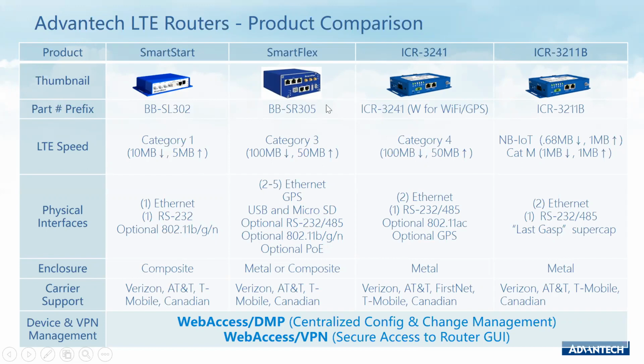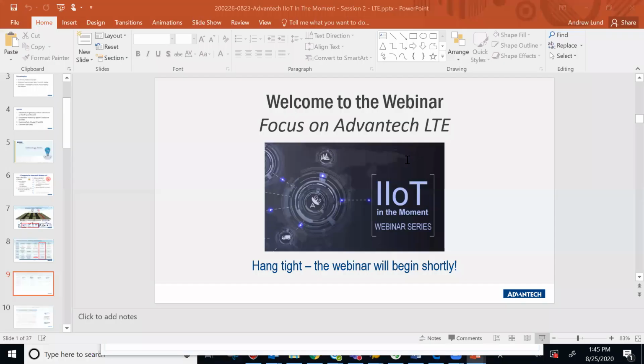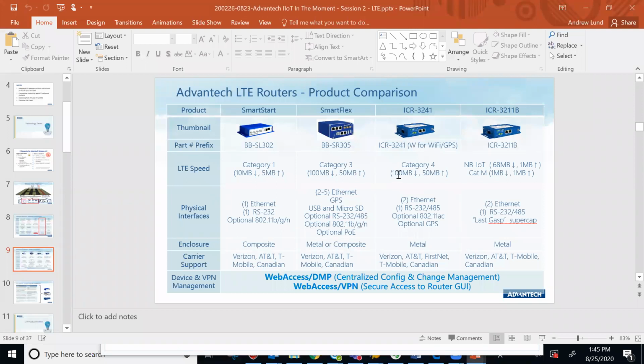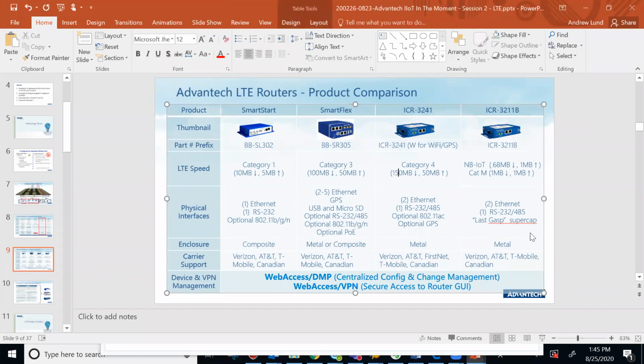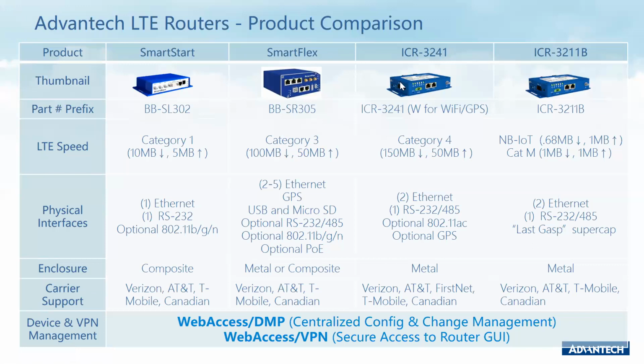way. The Smart Flex: more options, interfaces, PoE is key here, Class 1 Div 2. I don't list that here, but that's an important characteristic of the Smart Flex. The 3241: highest speed, and I have that same stupid mistype here, so sorry. High speed, optional Wi-Fi and GPS, and then,